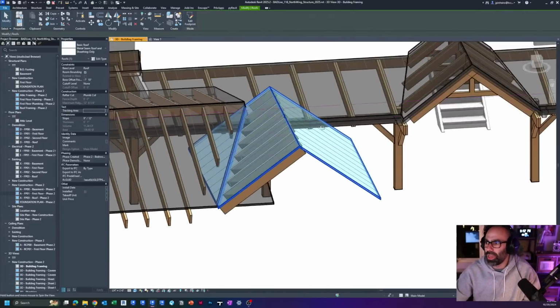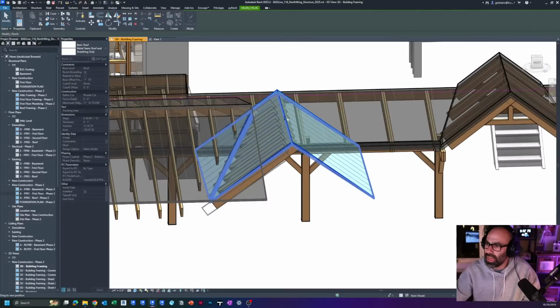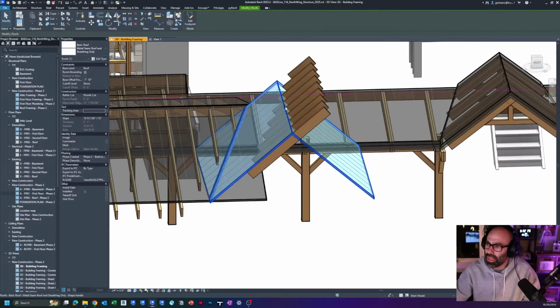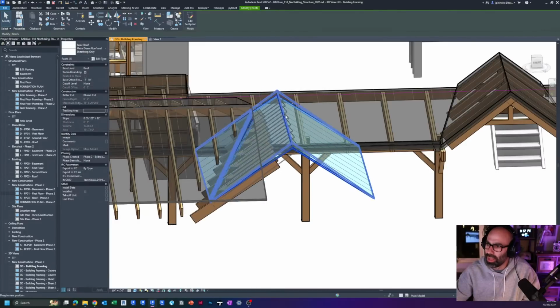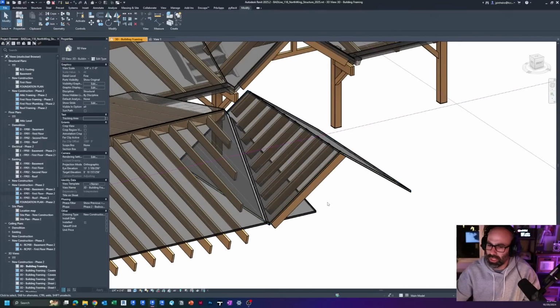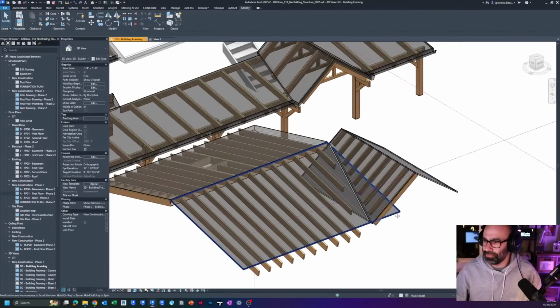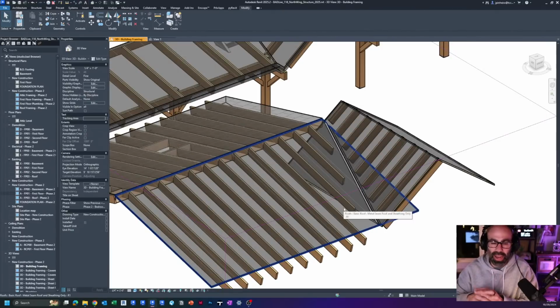And remember, because you're hosting it to this, if I pull this down, the length is going to screw up because I didn't lock anything. If you lock it, it'll work fine. But you can see what it's doing is it's flexing and moving along with it, right? So that when you start understanding that concept,